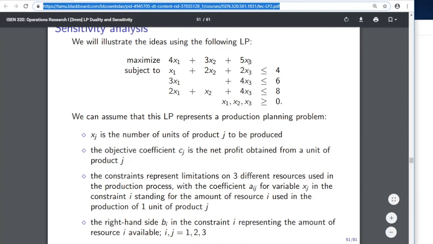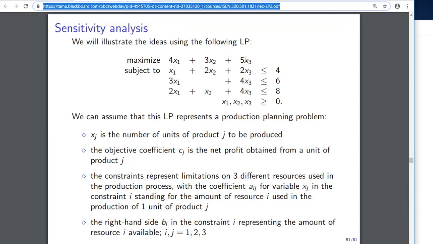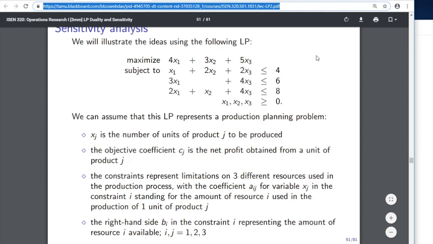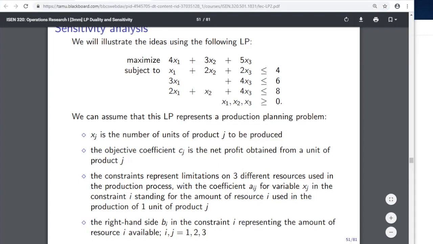So if you have a model like this, obviously we have a clear physical meaning for all the variables and constraints, right? So it makes sense to represent the sets of these indices i and j. So we use j's for variables and i for constraints. It's convenient to represent them using these set notations that we see in this